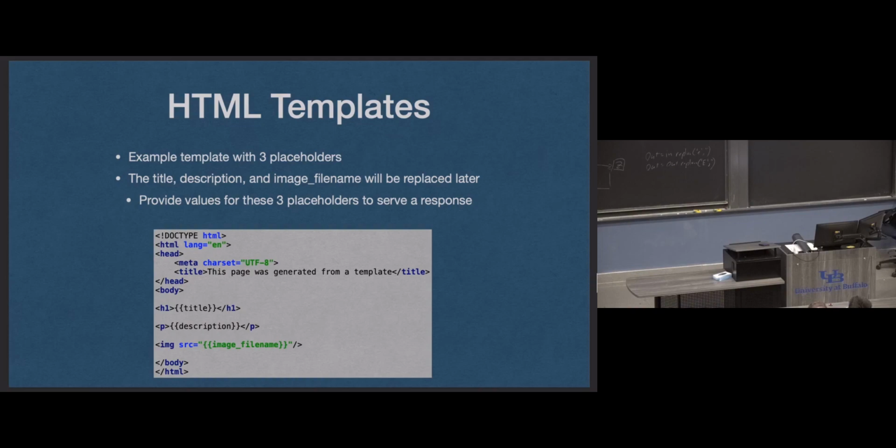I stole this syntax from Handlebars, which is a template engine. When you don't have to do this on your own and you use an engine, it's one of the engines that you can use out there for your project in the real world. And they use this kind of syntax where they put placeholders, like this is where the title is going to go, this is where the description is going to go, this is where the file name is going to go for that image. And then you read this HTML from disk, treat it as a string.